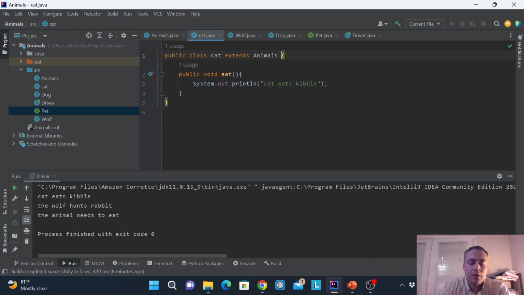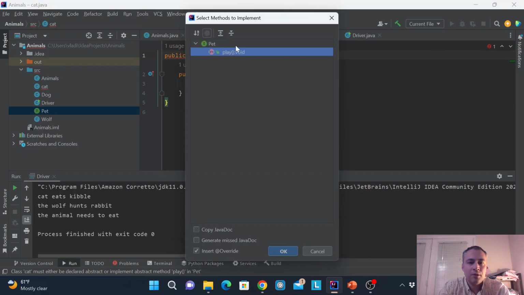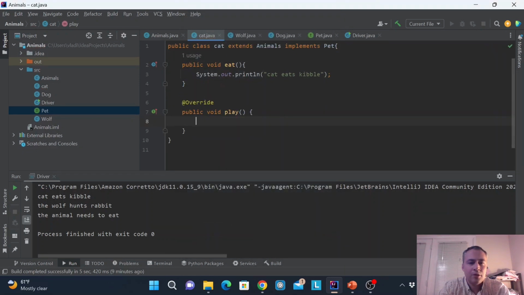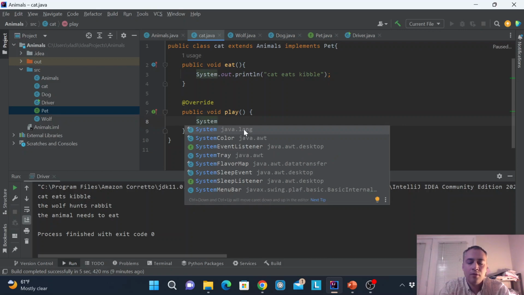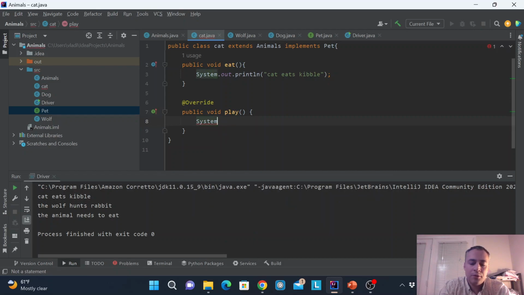So implements pet. And immediately it asks me to implement methods, implement play. So I need to implement play, and I'll say just that cat plays indoors